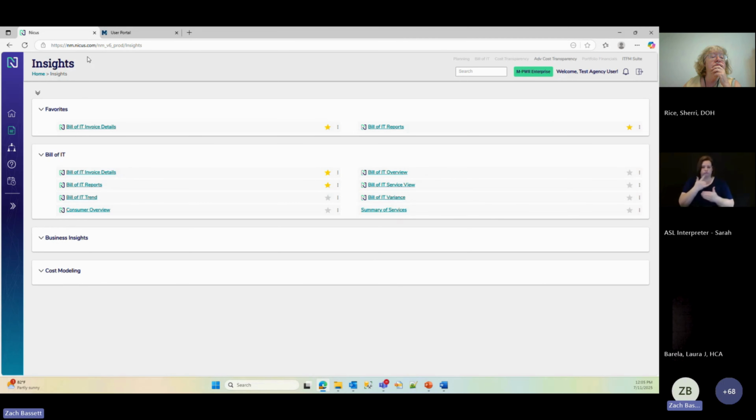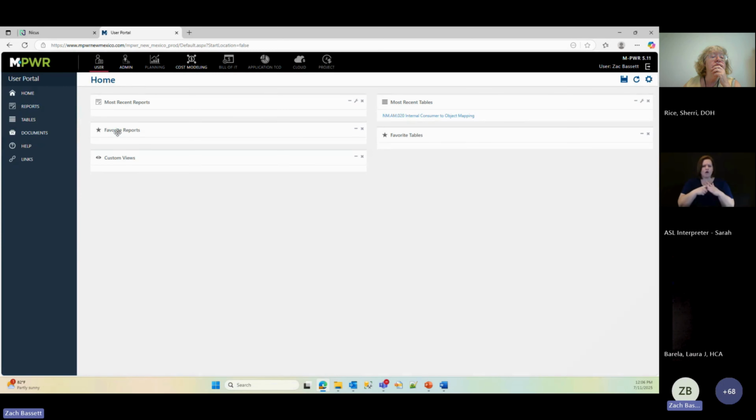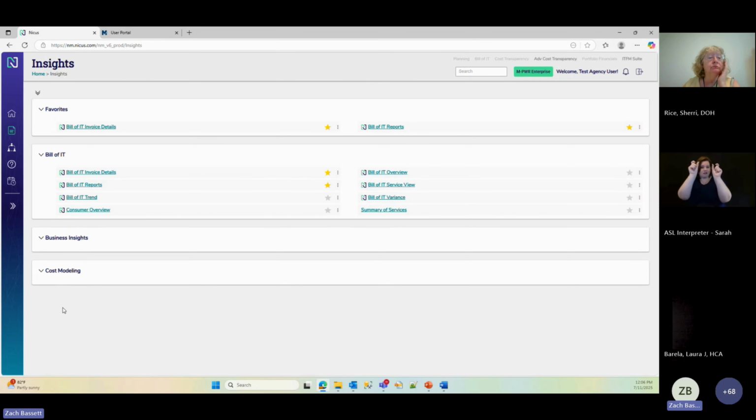So again, right off the bat, a total look and different feel from what we had before. User, admin, all of these great things up here. We still have many of the same features in the system. It just depends on the level of security and what you have access to in terms of entity or consumer. So when we first log into the system here, this is your homepage, and your homepage is dictated